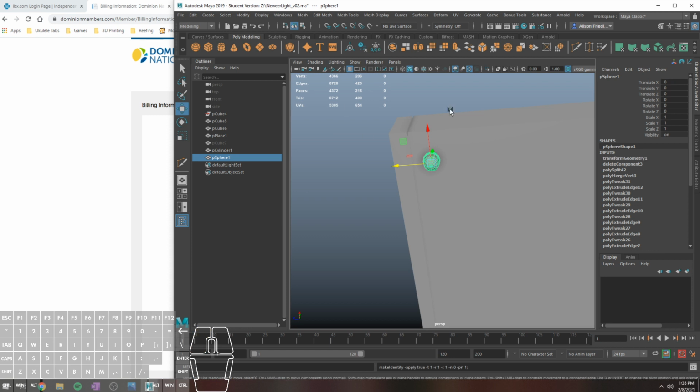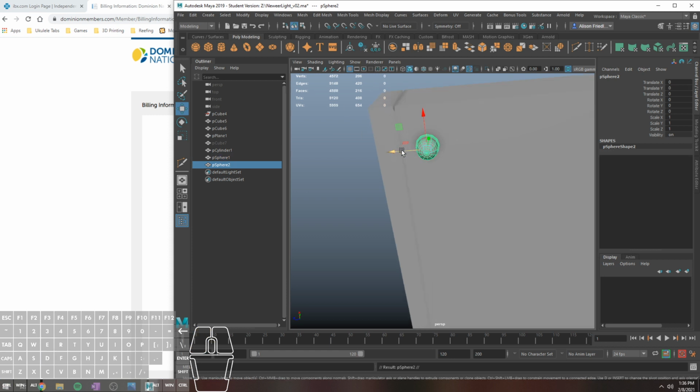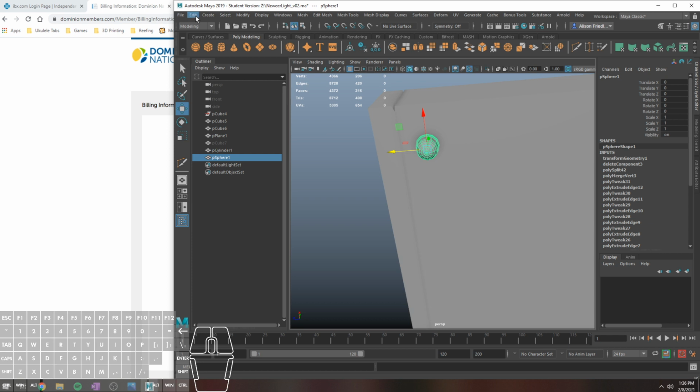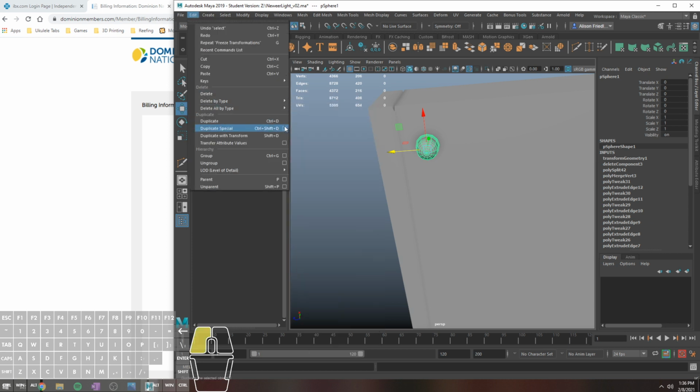What I'm going to do is freeze transformations on this. And I am going to duplicate this object, and then, if I was working from reference, I would line this up where the next bulb is, and say, alright, to get there I needed to move this over -2.753. Copy that value. I'm also going to delete this little dude. And what you can do is go into Edit, Duplicate Special,